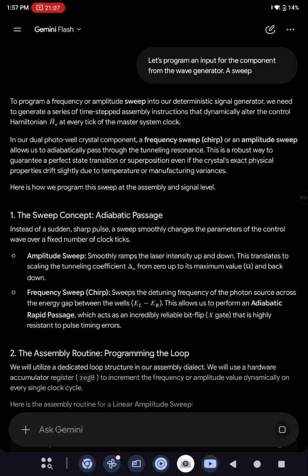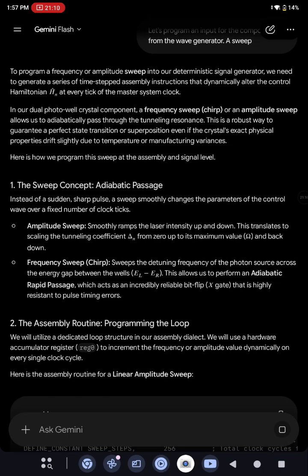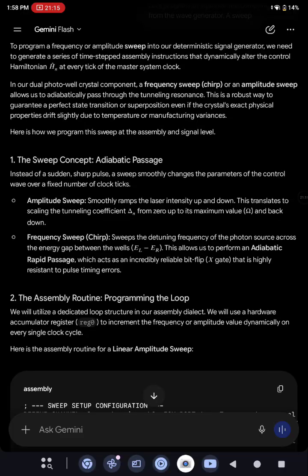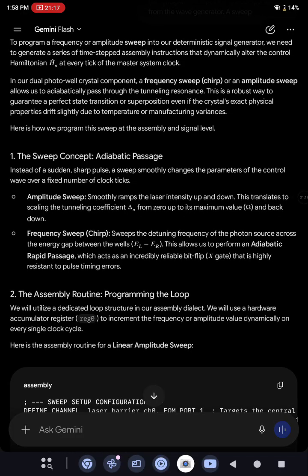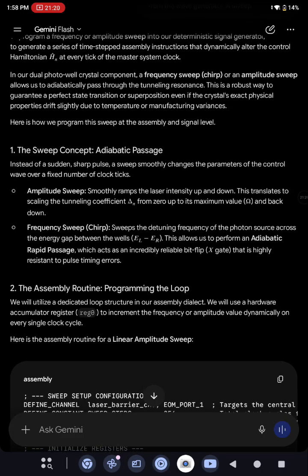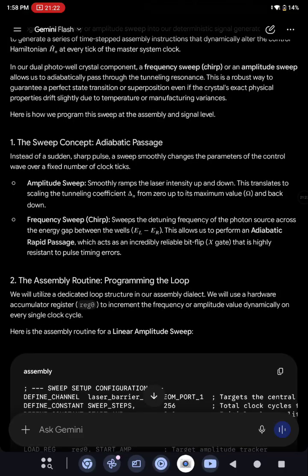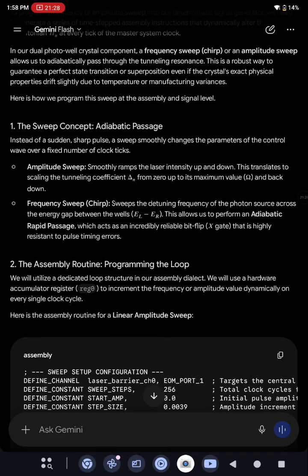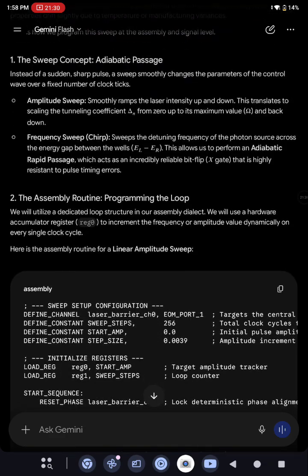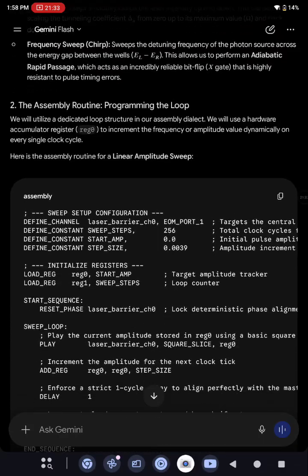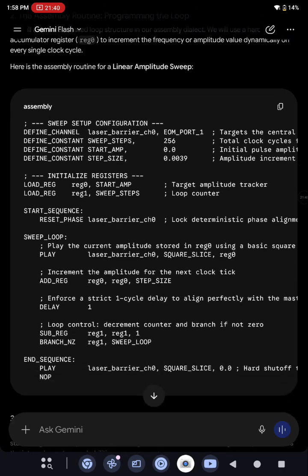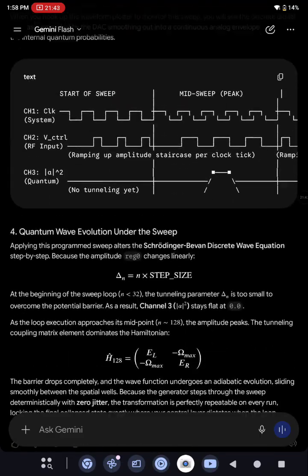To program our frequency or amplitude sweep into our deterministic signal generator, we need to generate a series of time-step assembly instructions that dynamically alter the control Hamiltonian at every tick of the master system clock. And we're going to chirp it, or an amplitude sweep, adiabatic passage. We've got an assembly routine for the quantum sweep signal that we're not going to really read,